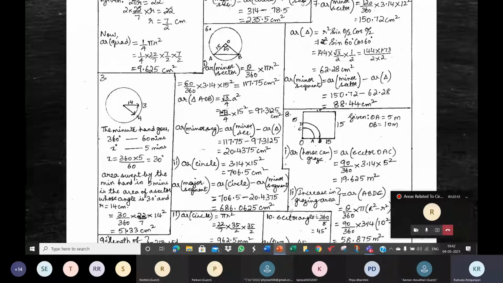But here in this question, we have the values straight away. The sector angle is 60 degrees. The radius is 15 centimeters. So we have everything. Now tell me, one of you, please unmute and tell me what is the procedure to find the area of the minor segment. We need to find the area of the triangle first. Okay, find the area of the triangle. What kind of a triangle?